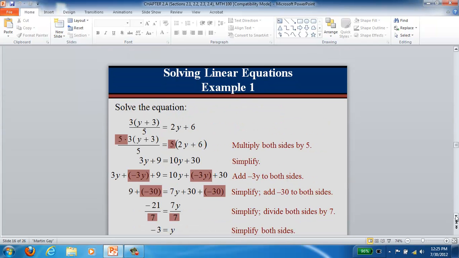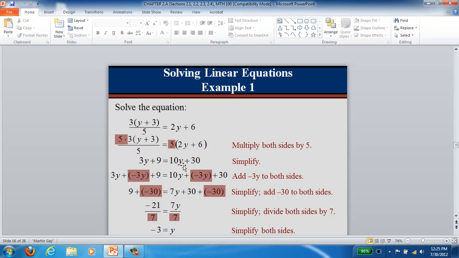Let's look at an example. The equation 3 times (y plus 3) over 5 equals 2y plus 6. You first multiply both sides of the equation by the denominator, which is 5. So doing that, multiplying both sides by 5 cancels this 5 in your denominator. So you're left with 3y plus 9